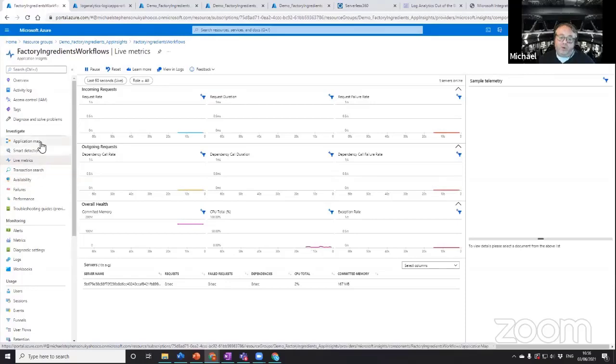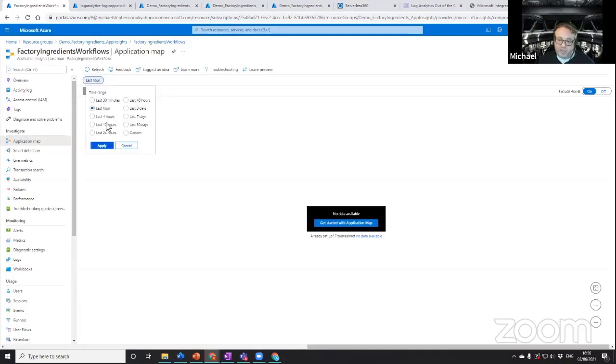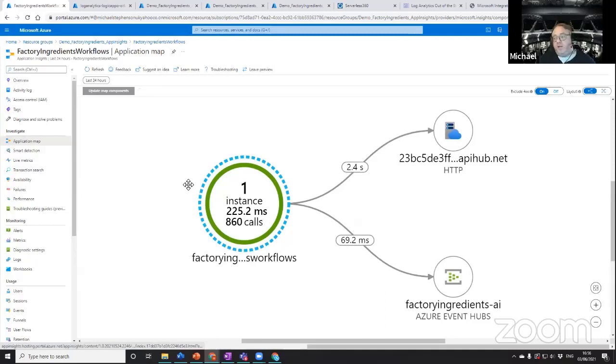The bit that I want to talk about next, though, is the application map. Again, this has been touched on a little bit, and I'll have to stretch the time back a bit. And you get this visual of what's going on. I'm going to dive into the data that's under the hood for this in a minute, but one of the biggest constraints I think people will find on this, while it's really cool,